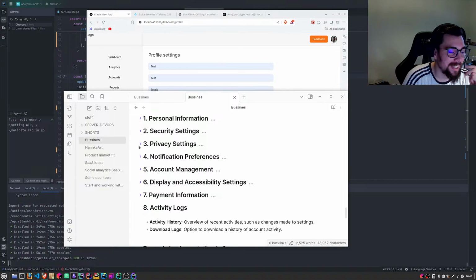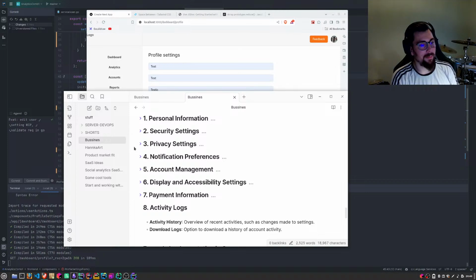And privacy, EU privacy laws are pretty rough. I don't know what I'm going to do with that. There's the whole GDPR thing. And I definitely think this is not necessary for an MVP. This is just for the future.